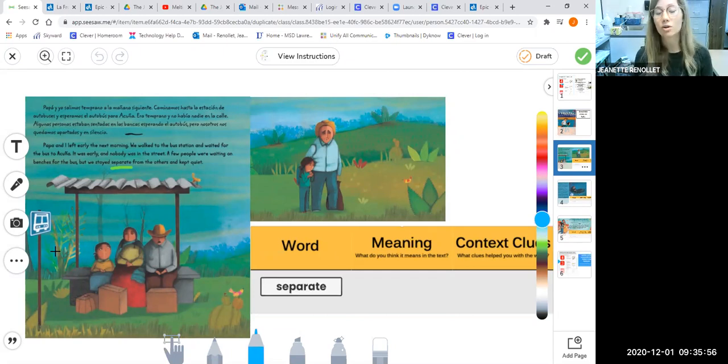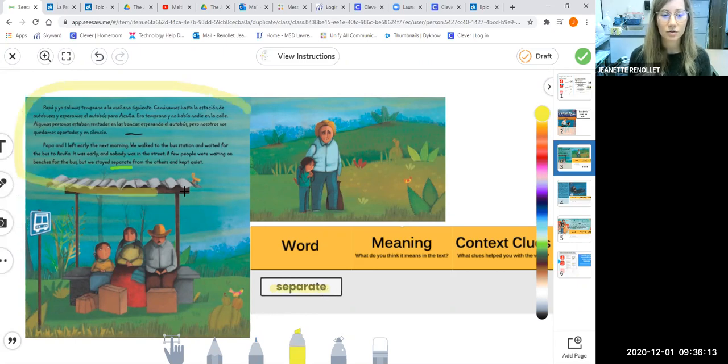So after you read the whole book, you will do these 3 slides to practice determining the meaning of an unknown word. So let's look at slide 3 together. The word is right here. And if you look over at the text, you will see it over here and you will see the word highlighted. Your job is to write what you think the word means